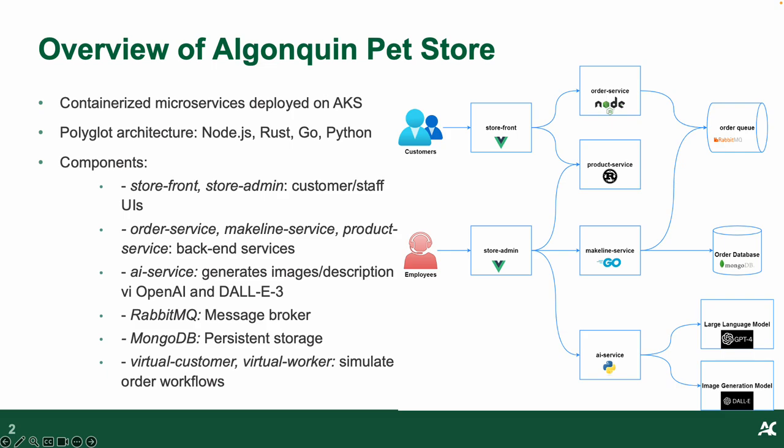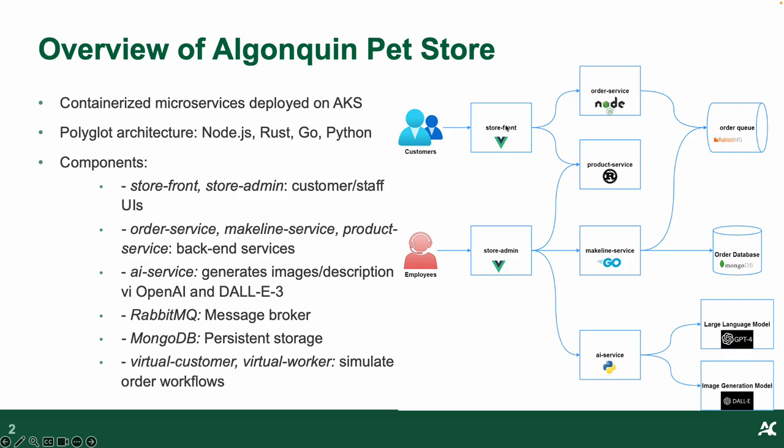The Algonquin pet store application is a containerized microservice solution which is deployed on Azure Kubernetes Service, and it is made of different services that were developed using different programming languages such as Node.js, Rust, Go, and Python. The key components of the application are the storefront and store admin services, which are used for